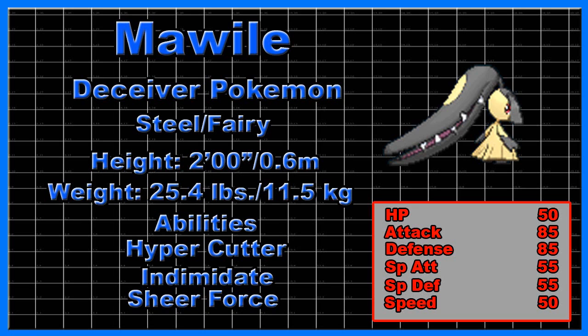Now, Mawile stands at 2 feet tall, so just think of 2 rulers, I guess, or 2 of your own feet right along each other, and that's how big Mawile is. Or there's 0.6 meters. The weight of Mawile is 25.4 pounds, or 11.5 kilograms. And the abilities Mawile gets are Hyper Cutter, which makes it so that you don't get your...